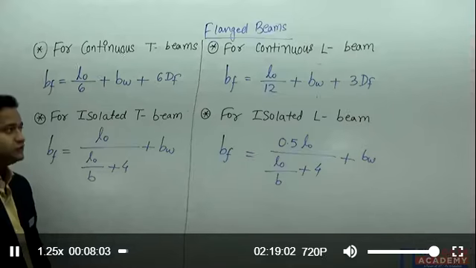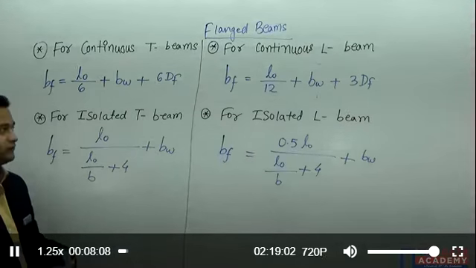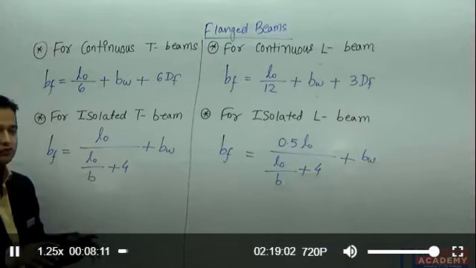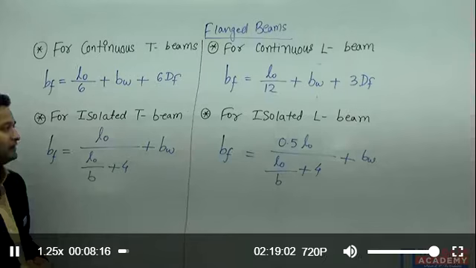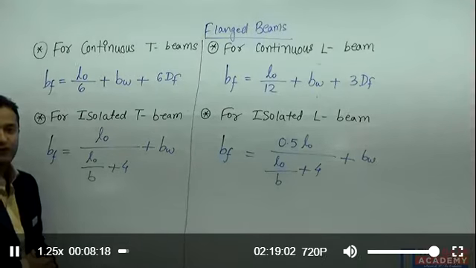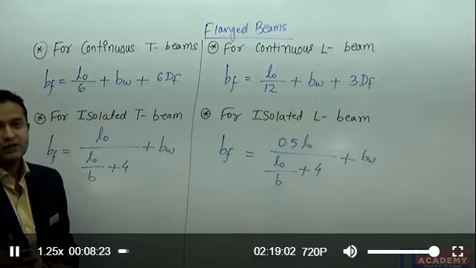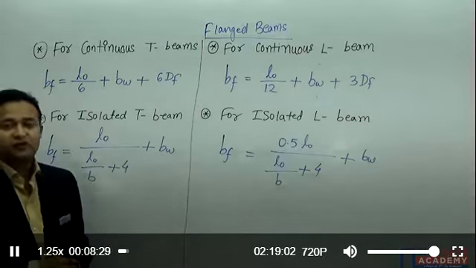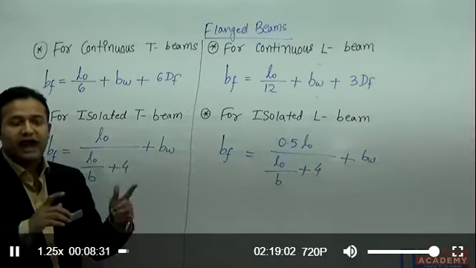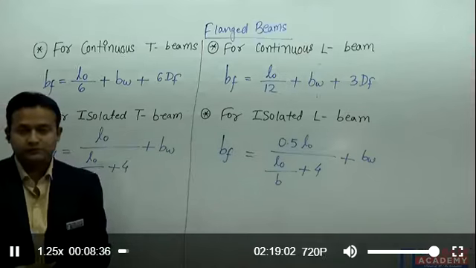And we already saw why we are calculating the effective width of the flange: beyond the width of the flange, the portion may go down, it may bend, so the available width to take the load will be this much only, the effective width. That's why people calculate the effective width. For further calculation in flange beams, I will be using only the effective width of the flange. I will not be using the actual width of the flange.